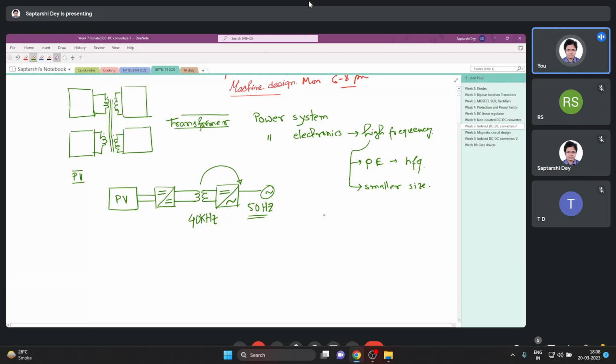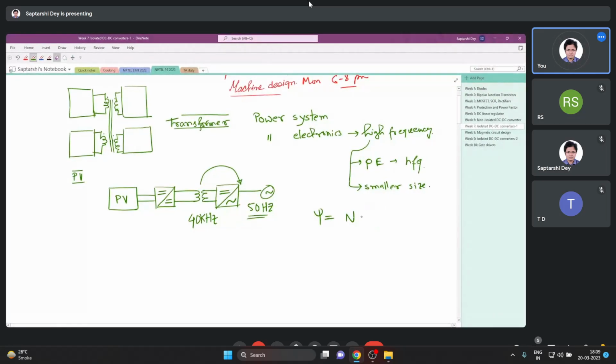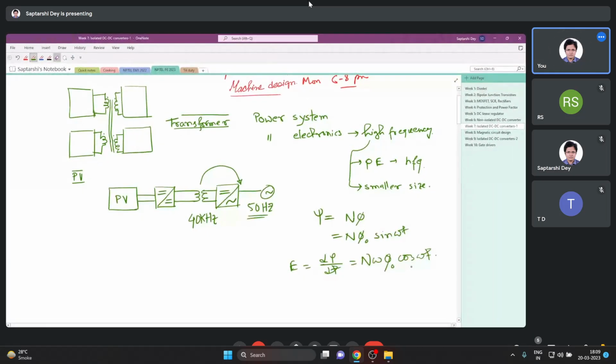Why so? You can simply see it from the transformer voltage equation. Psi is n phi, and phi in a transformer is sinusoidal, say phi 0 sin omega t. Now the EMF E, which is d psi by dt, comes out to be n omega phi naught cos omega t, right? So you see, for the same EMF, if you have a larger frequency,